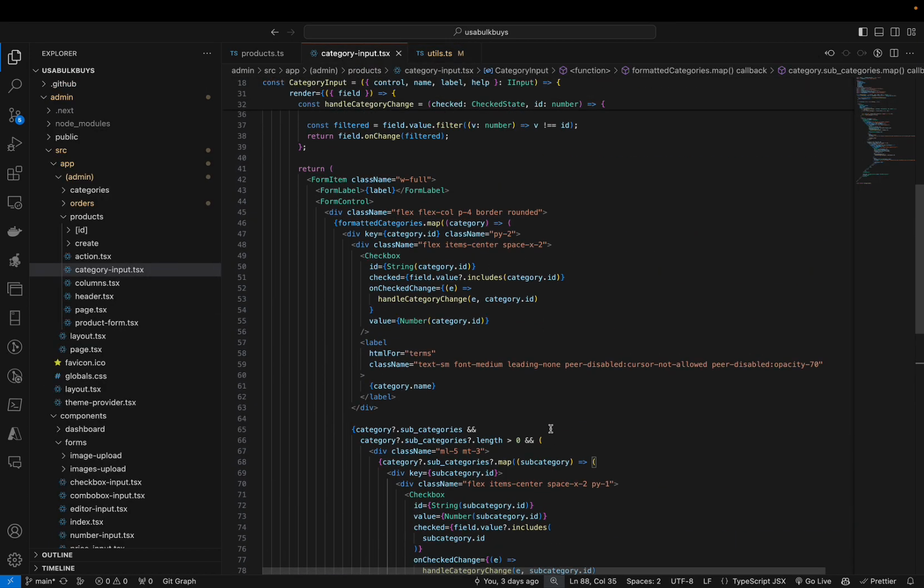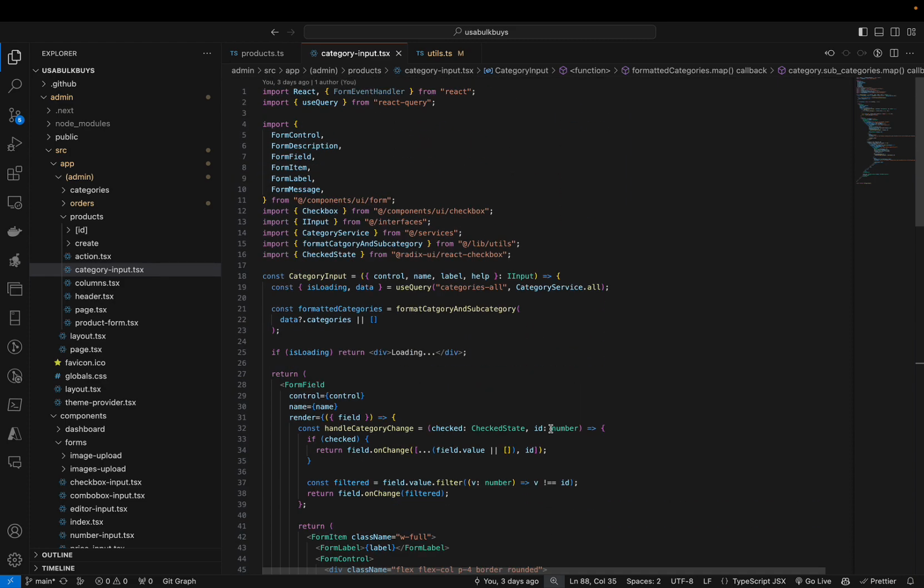You can optimize it, but I just wanted to show you how I implemented it in my system. And yeah, this is how you can implement the categories, subcategories and sub-subcategories functionality in your e-commerce and make your e-commerce